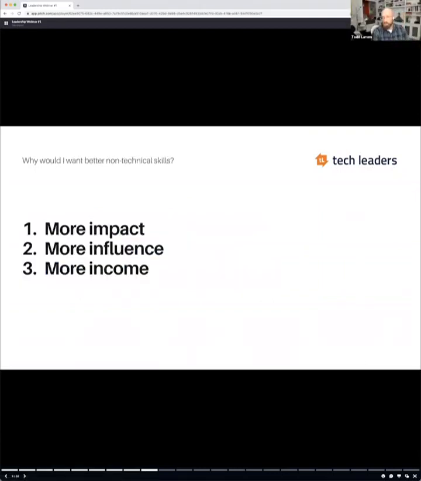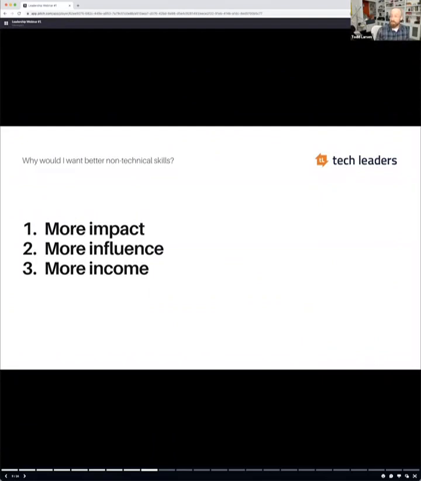So another good thing here to think about is why would I want these better non-technical skills? We talked about what comes with that. And it really comes down to, if you want to work on more than just what you're currently working on, the more impact you can make, the more scope of responsibility you get, the more influential you can be, whether you're a leader or an individual senior contributor.